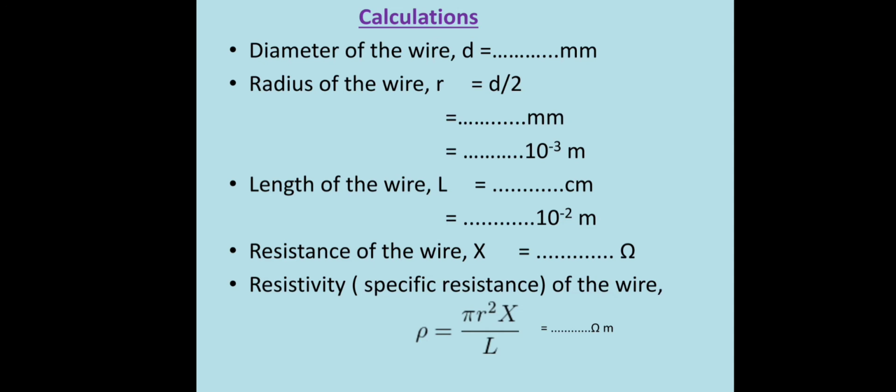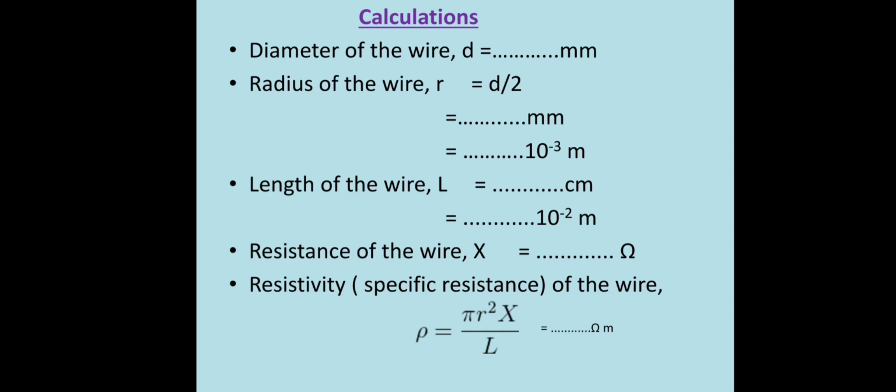When we measure from the screw gauge, we find the diameter. We initially find the diameter from the screw gauge and then convert it to radius as r is equal to d by 2. The initial observation is done in millimeter, and then we convert it into meter. The length of the wire is taken using the meter scale. Then we record the mean of the resistance as X is equal to dash ohm,